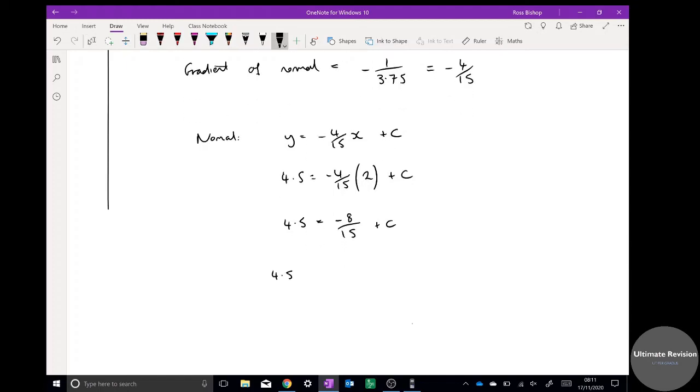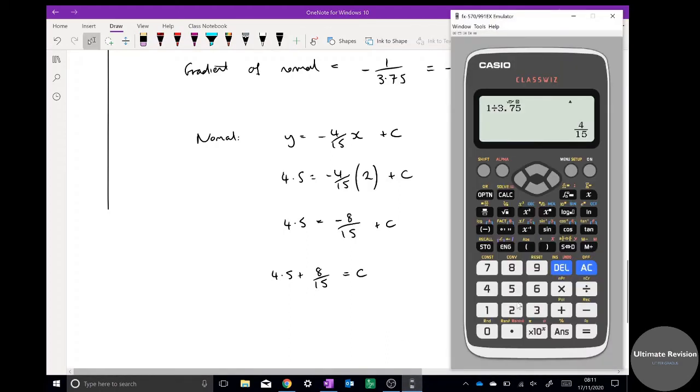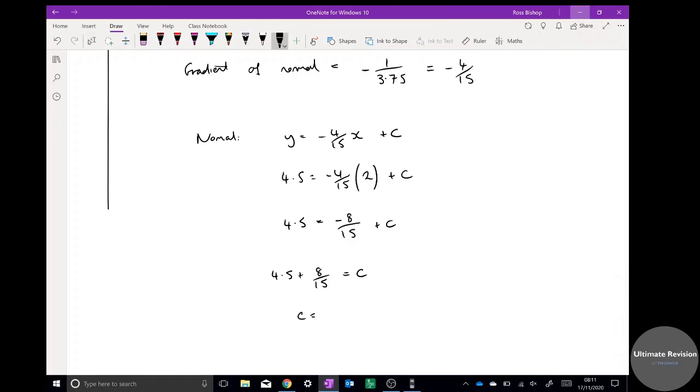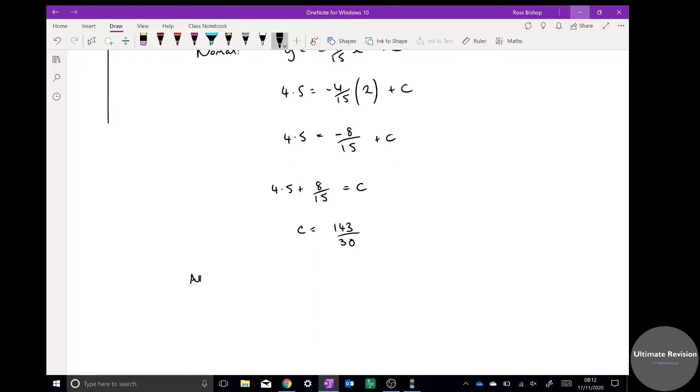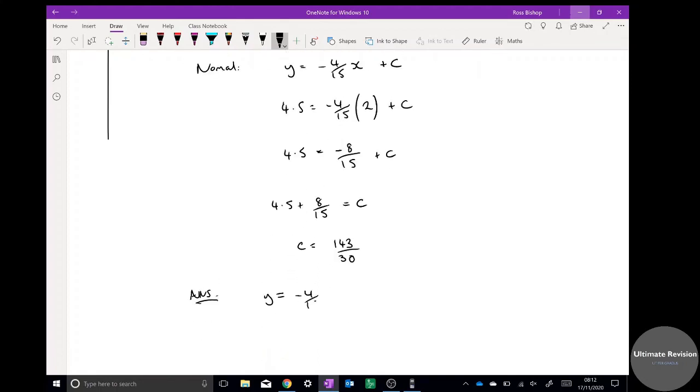So 4.5 plus 8 over 15 equals c. Well, 143 over 30, so c equals 143 over 30. So my answer will be y equals negative 4 over 15 x plus 143 over 30,